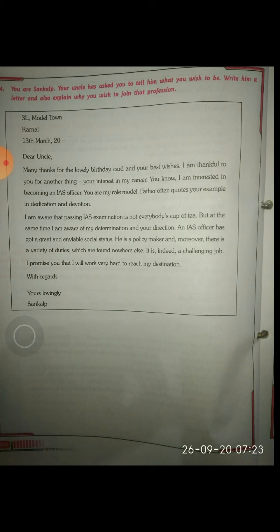So you need to write the sender's address, meaning your address, 3L Model Town, Karnal. After that, you have to mention the date, that is 13th March 2020. Dear Uncle,